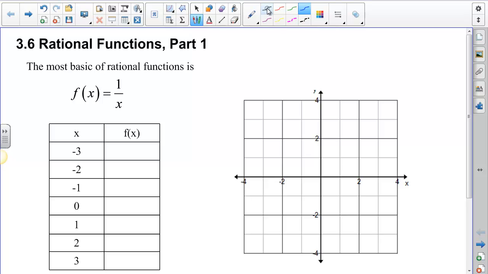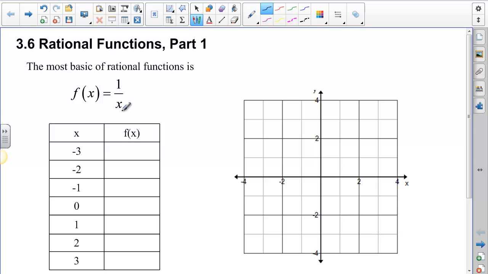And so when I look at f of x equals 1 over x, this scares some people because it's division, and people don't like division or they don't like fractions, and it looks like a fraction because it is. And so we're going to try and make sure that you don't worry about that. But we're going to start off by thinking about what points would be on this